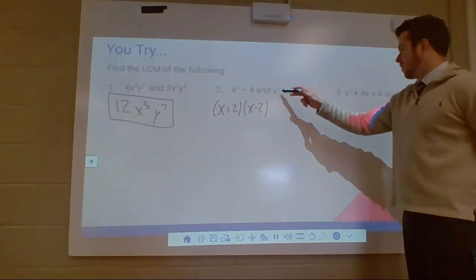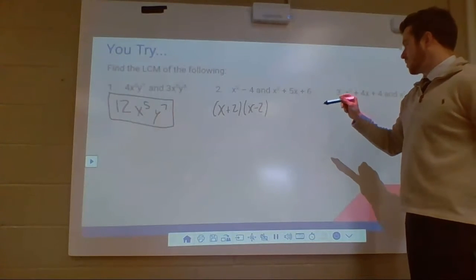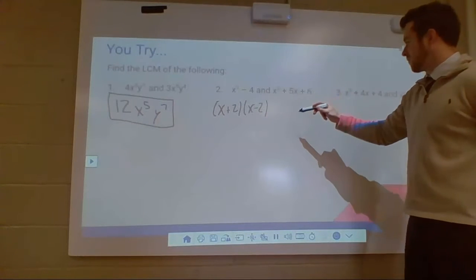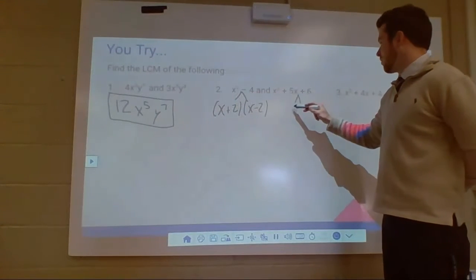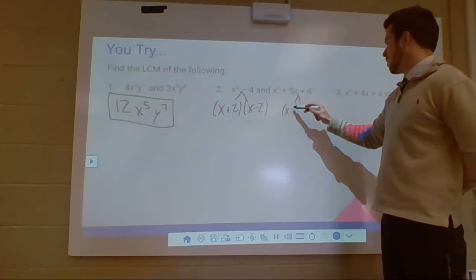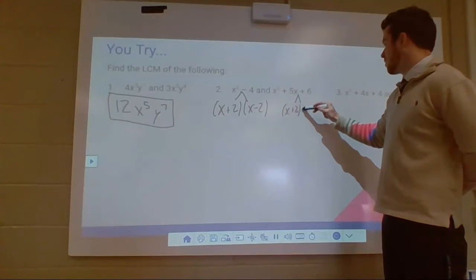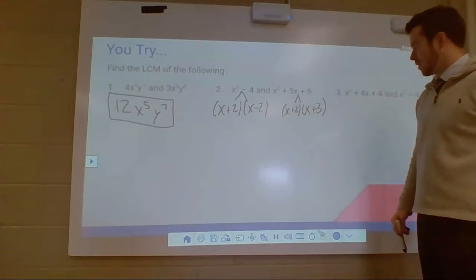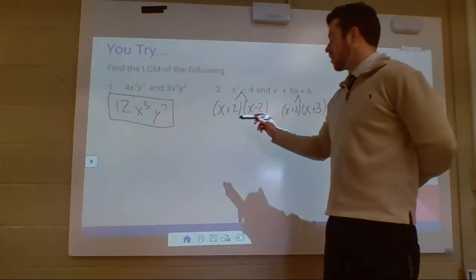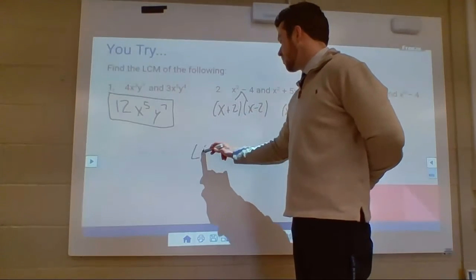And then we have x squared plus 5x plus 6. Well, what factors of 6 add up to 5? Well, that'll factor as x plus 2 times x plus 3. All right. Well, now when we're writing out their LCM,